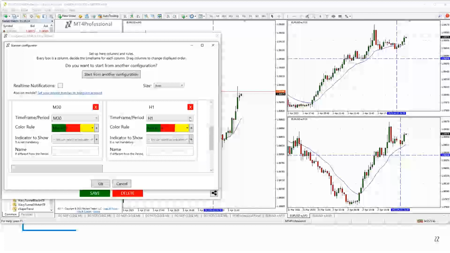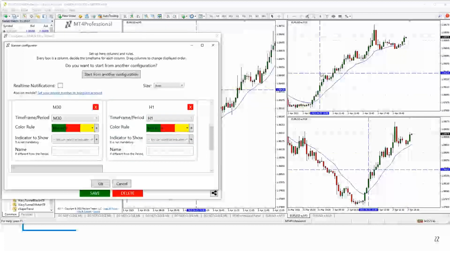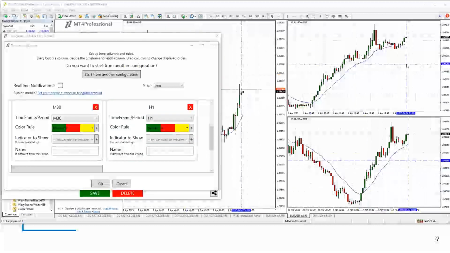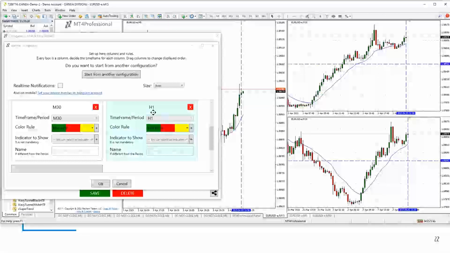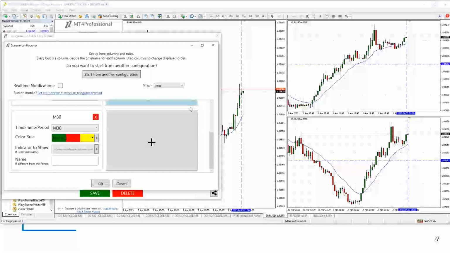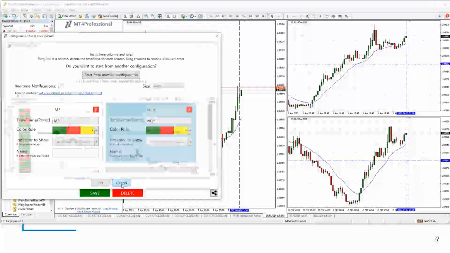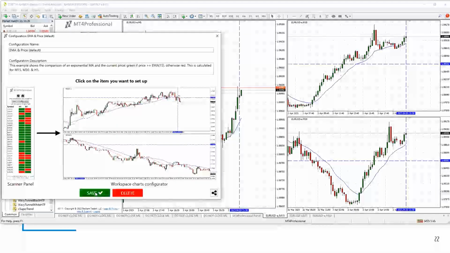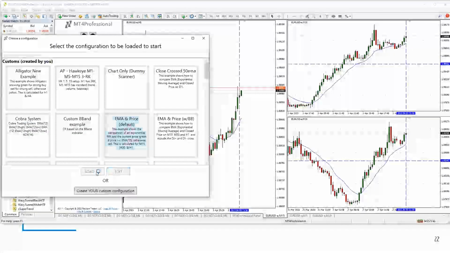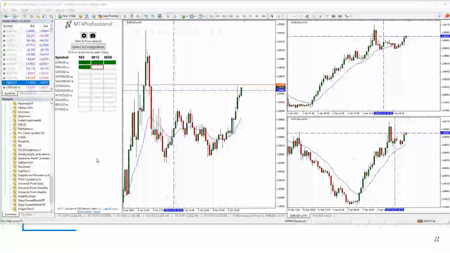And I might, if that's the case, want to set up one more chart layout for the hourly chart. But I don't want that. So I'm going to just show you how easy it is to work with it and to get those things up and running. So click save to make sure everything is set up. Close the window. Make sure you click the load button and all the changes that you just made will be updated.